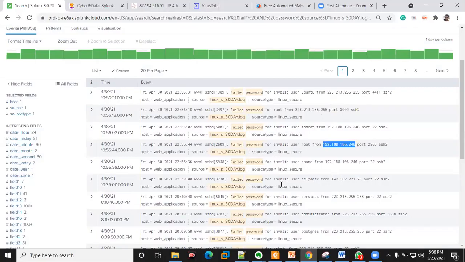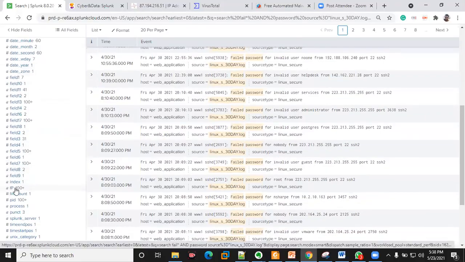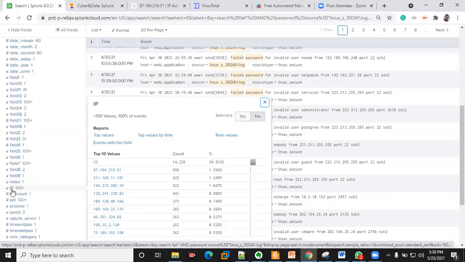So I want to also include my IP address from this interesting field. I want to add it to the selected field. So what do I do? I can go down to IP. You can see that this 100 plus means we have 100 plus IP addresses with failed logon